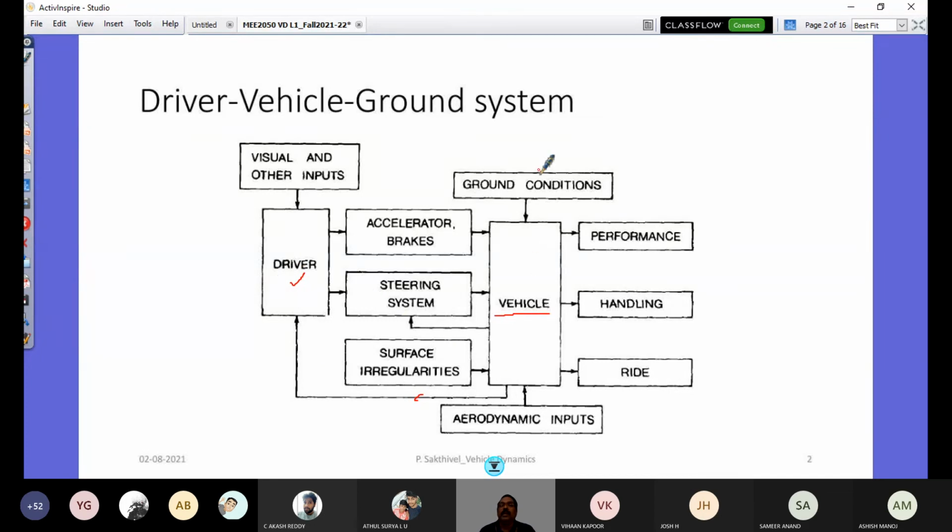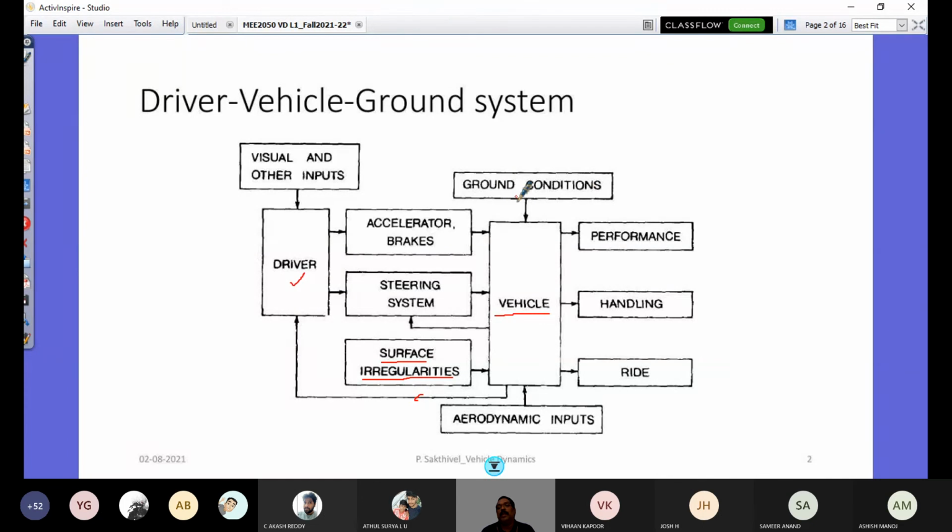So the ground condition here and surface irregularities, you should understand. Surface irregularities can refer to the texture of your road, and how the road surface profile is. So profile and texture are the two terms used in your road definition. And ground condition is whether the road is dry, is it an asphalt road or concrete road, is it a wet road or greasy road. All of that is what is ground condition. So your road surface can be of these types of conditions.